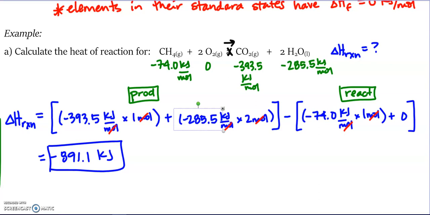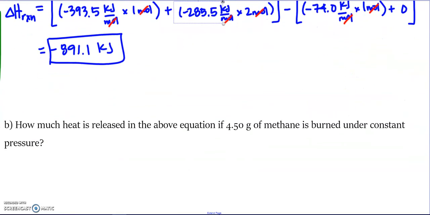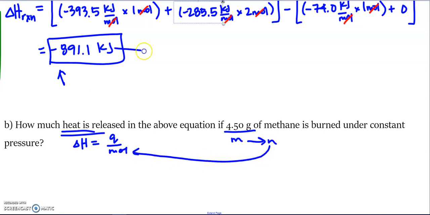Part B now says how much heat is released in the above equation if 4.5 grams of methane is burned under constant pressure. So now what we can do here is when we're finding how much heat is released, right, it's exothermic, that's the negative up here. We're trying to find how much heat per mole. So we need to convert this mass to moles, put that here, there's our heat, and we can divide. So 4.50